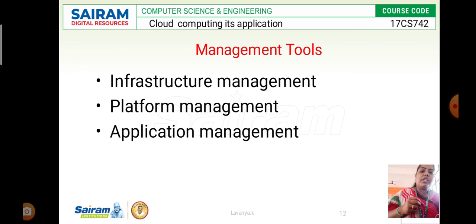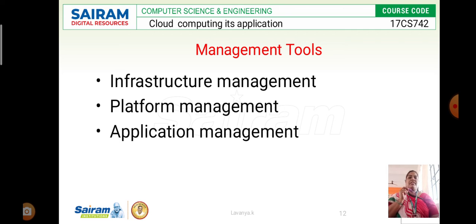Then I'll move on to the management tools. The management tools basically talk about three methods: infrastructure management, platform management, and application management. The management tools should be a pure platform-independent implementation, and it requires virtual as well as physical hardware to be deployed.